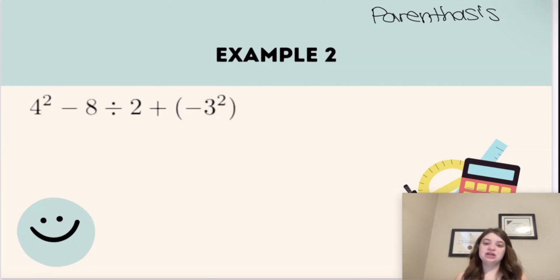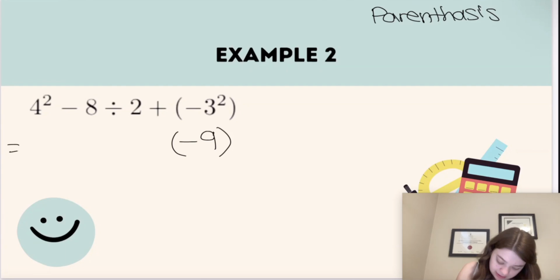Well, in this case, it's not saying negative 3 in brackets squared. It's saying negative 3 squared, all of it in brackets. So what this is saying, essentially, is that it's the negative version of 3 squared. Now, 3 squared is 3 times 3, which is 9. So the negative version of 9 is going to be what negative 3 squared is in this case. Everything else I'm just going to write as is,